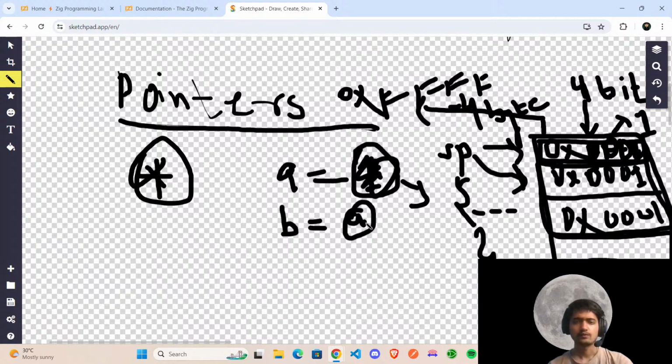Now if we try to do this, it would copy all of that. What if we try to do something like b equals to a pointer of a? Then it would just copy the starting address of that value. So it would be